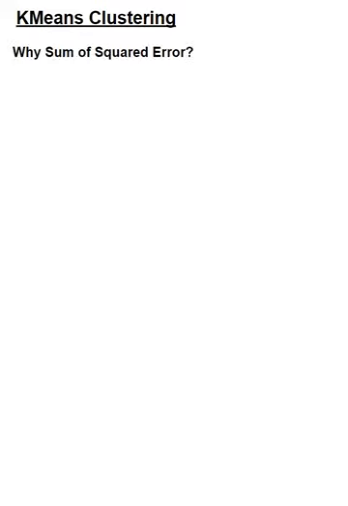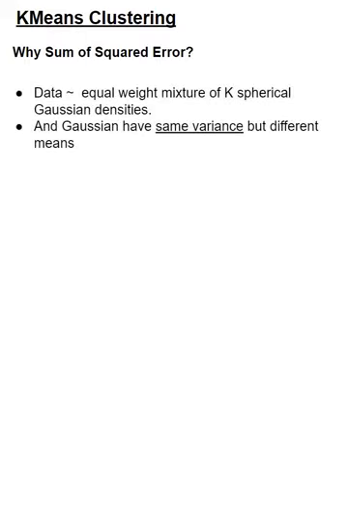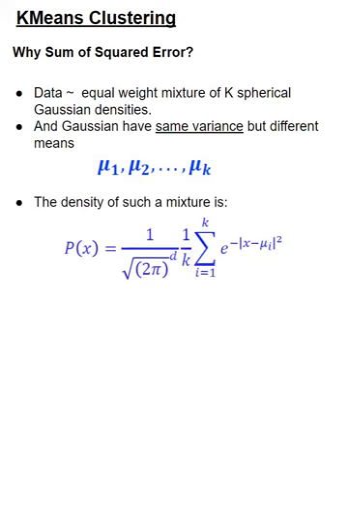Now let's see why sum of squared errors appear and what are the underlying mathematical assumptions. Let us say the data is from an equal weighted mixture of K spherical Gaussian densities, and that the Gaussians have the same variance, let's assume it's variance 1, but different means, mu1, mu2, mu3, and so on till mu k. The probability density function of such a mixture is given by a p of x function, which is 1